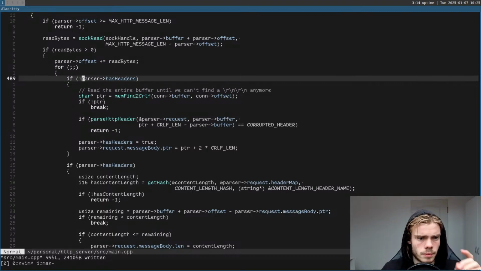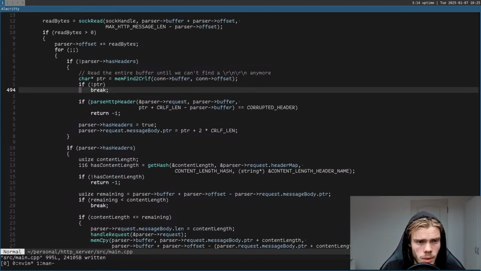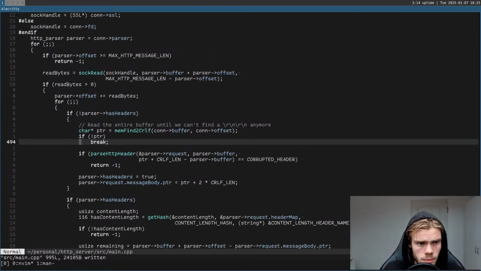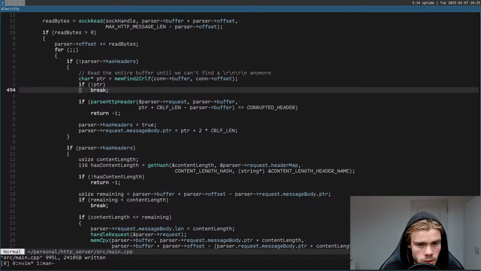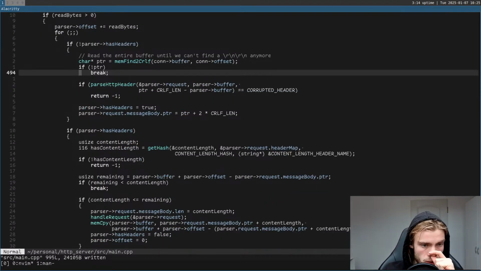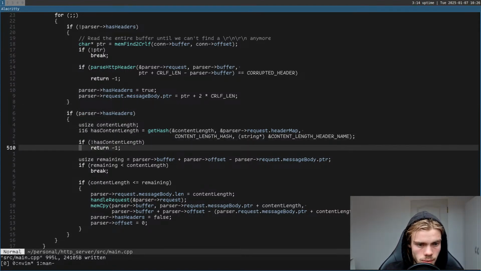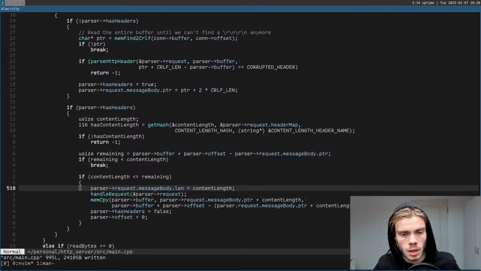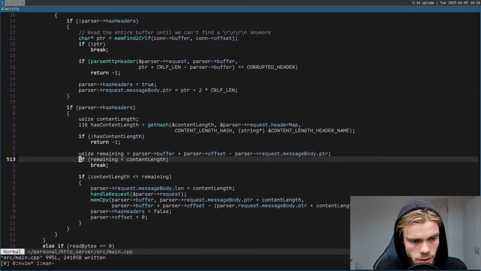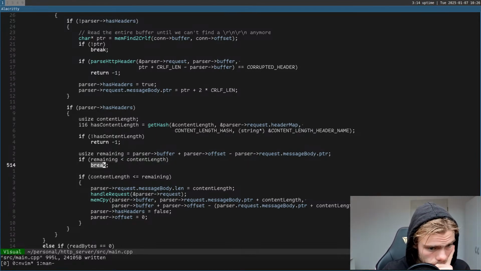Okay, so initially we have no headers. We try to find a header. If we don't find them, we have to issue a new read. This might give us now something. If we find it, we try to parse the headers. Now we have headers. We try to find the content length. We see whether we have the entire message body. If we don't have it, we have to break and issue a new read. If we have it,